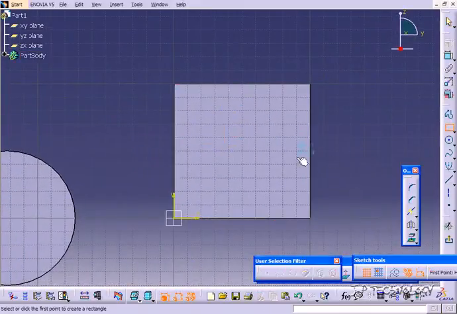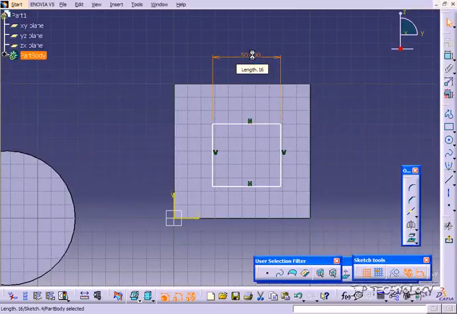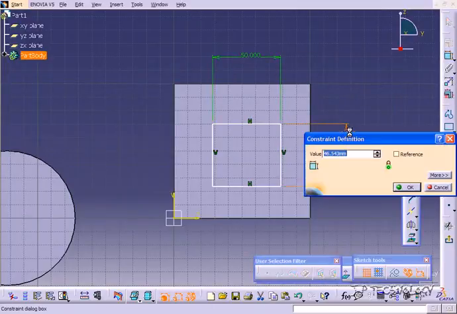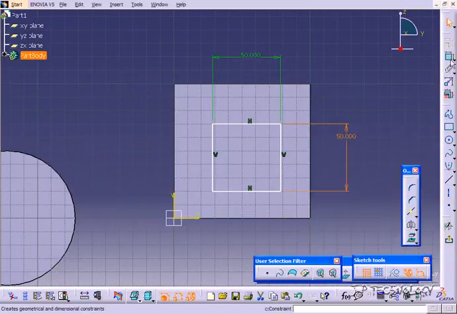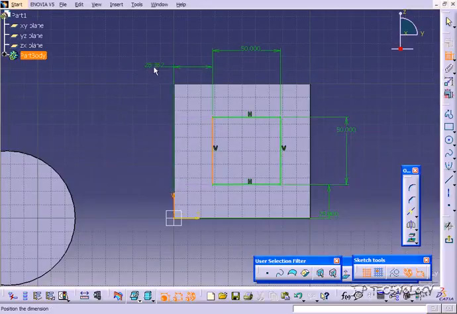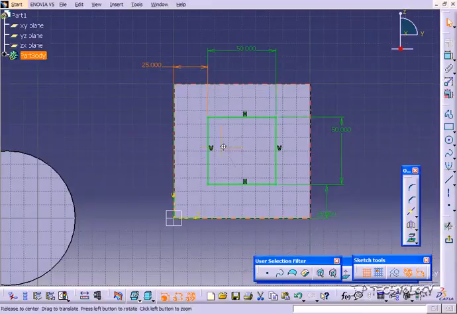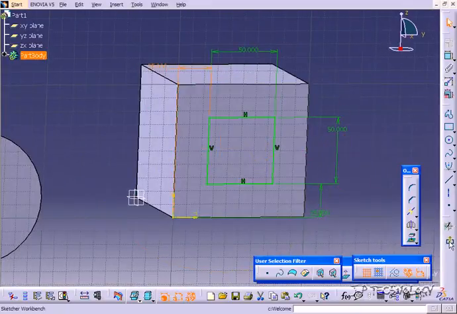So for the first one, let's click this face here, click Sketch, let's zoom in and let's draw a square. And let's dimension the square to 50 by 50. And we'll center it so it's going to be 25 by 25. So once you have all those dimensions in, let's go back up